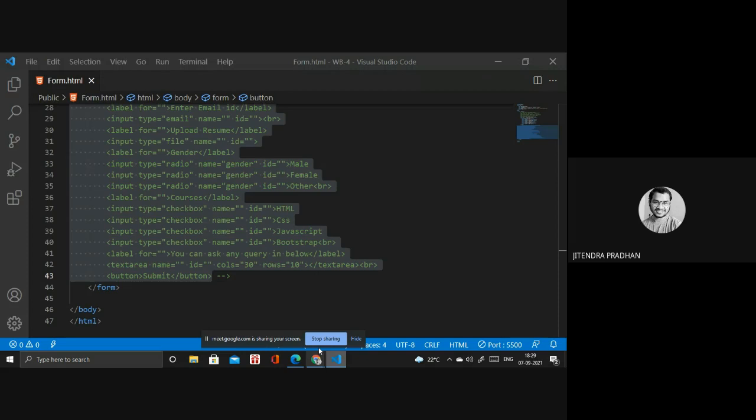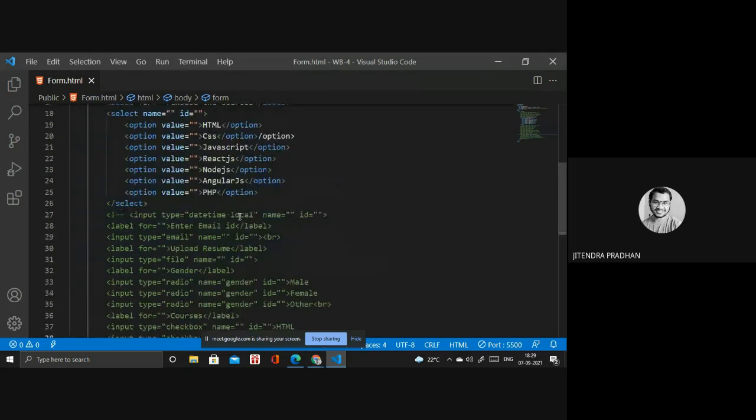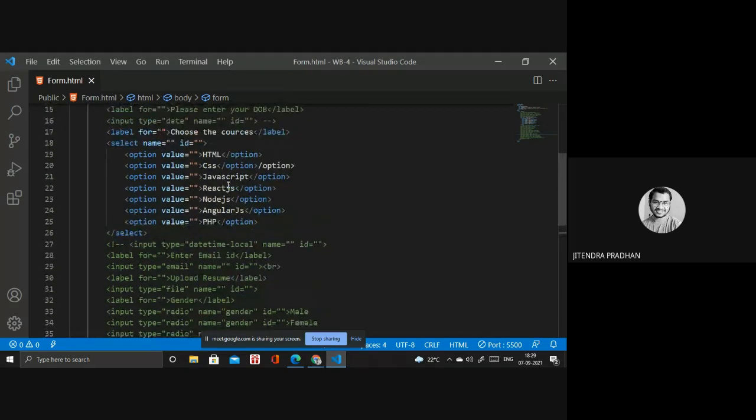Okay. And the next thing is, what is value? If you select HTML or CSS or JavaScript, whatever value you are choosing from that particular select, when you submit that form, it will go to the server. That time we require value. So you have to write whatever value you want to assign to the server, like HTML, or CSS. You can write style sheet also. Whatever content you need, you have to write inside that.